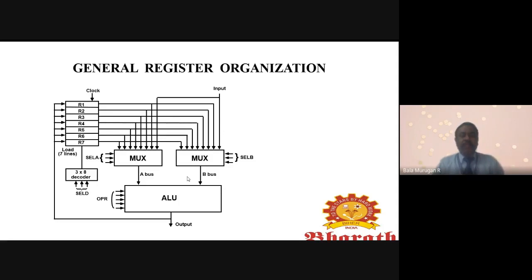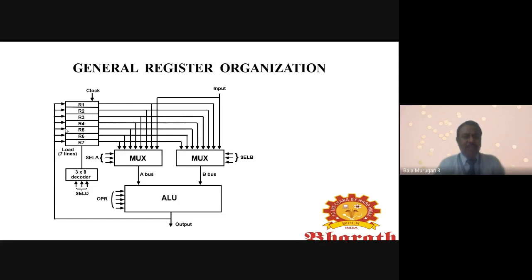So this is the general register organization. In general register organization, we have 7 registers: R1, R2, R3, R4, R5, R6 and R7.